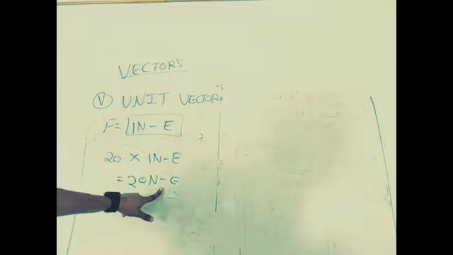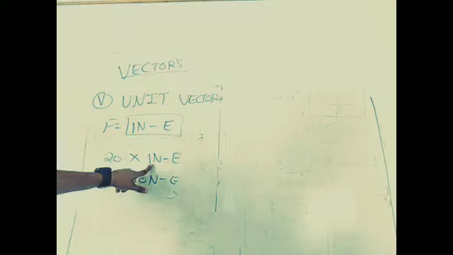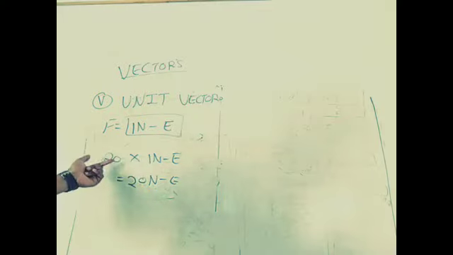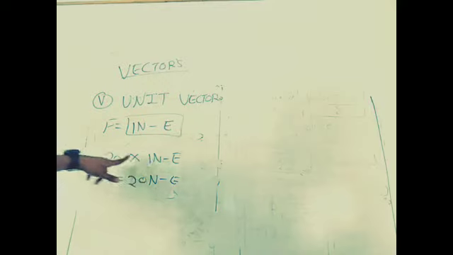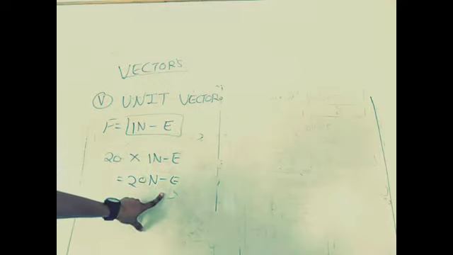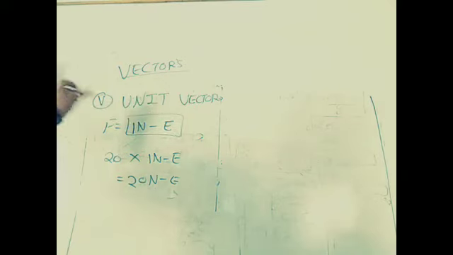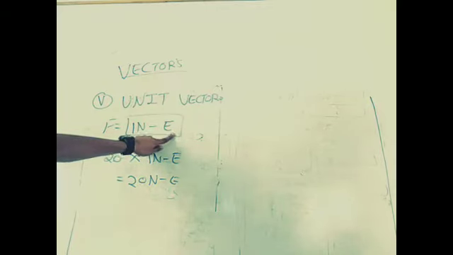You can see now the east is with the 20, because 1 is the number which, when multiplied by any number, leaves it unchanged. Whenever a number is multiplied by 1, that number remains unchanged. But the east direction is now with the 20 Newton. So unit vectors are used for representing direction. Whenever you multiply any number by the unit vector, the unit vector provides its direction to that number.